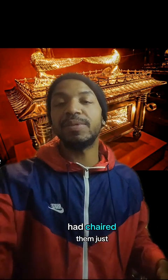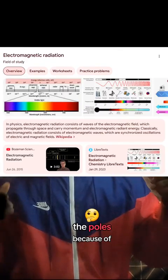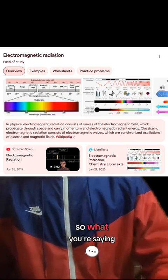And the reason they had cherubims is because you're talking about this is an electromagnetic device. This is why they had the poles, because of the radiation that was coming off of this device. Because you're talking about enough radiation to kill somebody. So what you're saying is that,